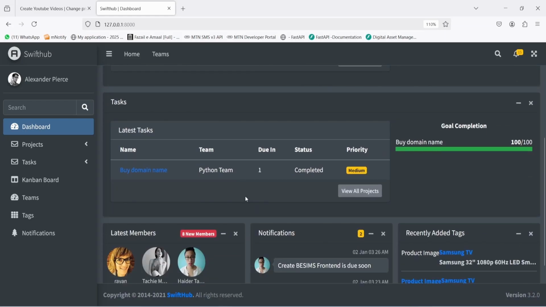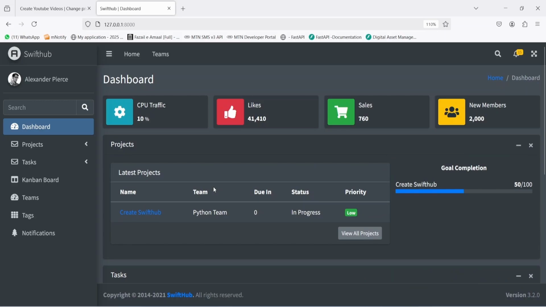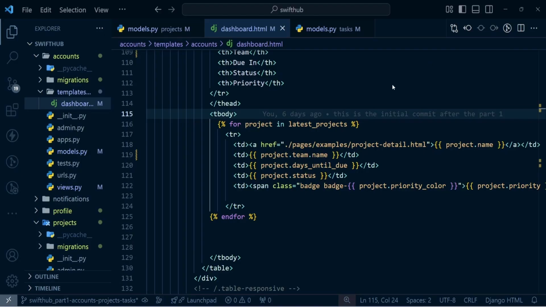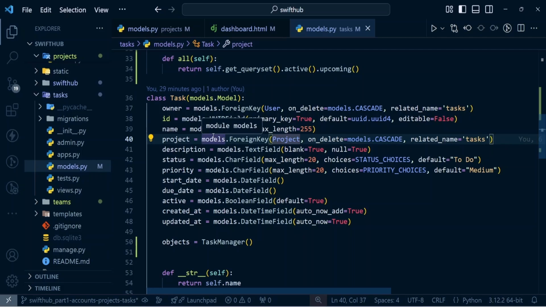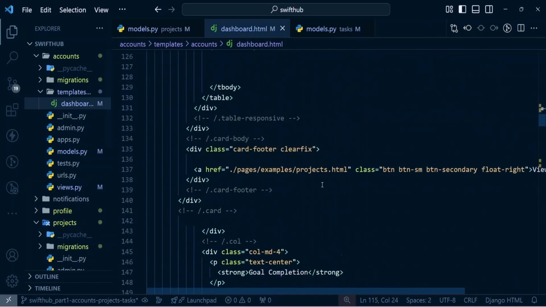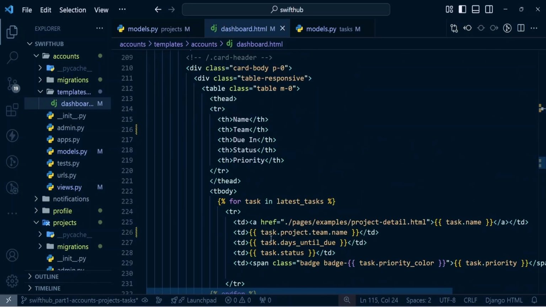One key thing you have to take note of is how we were able to get, or query for, the name of the team. On projects, we did project.team.name, but on task, you cannot do task.team.name because the task model does not have a team. We have to go through the parent, through the project, like this. That's what we did for the task. We did task.project because now we are going through the project